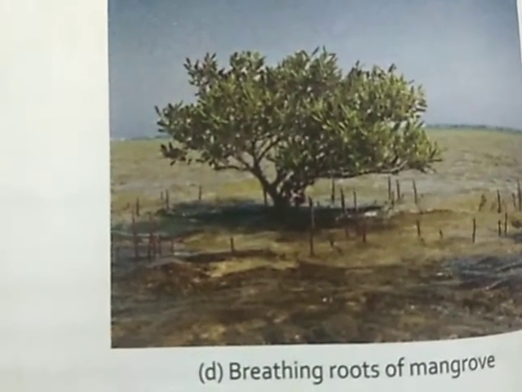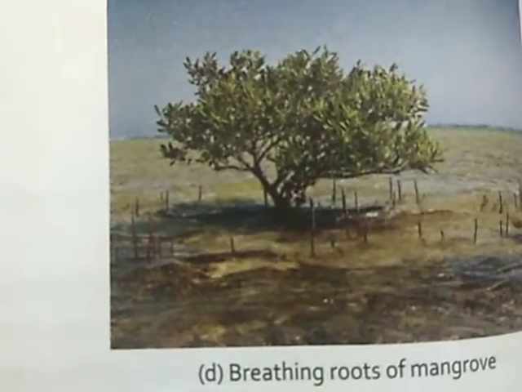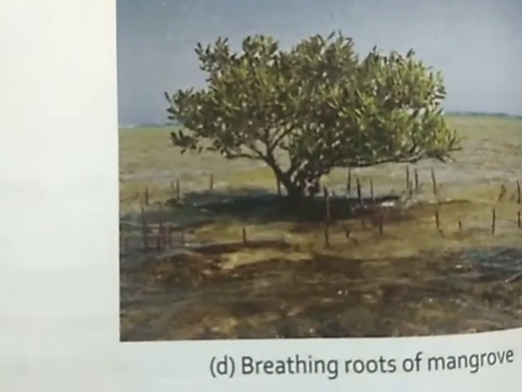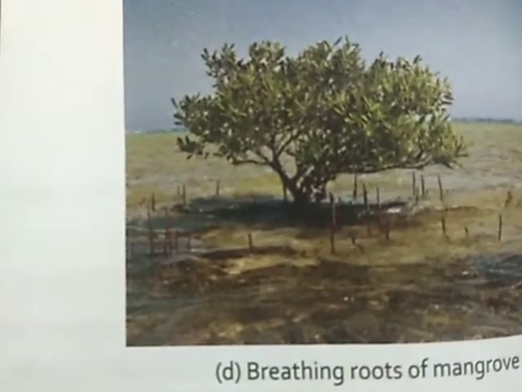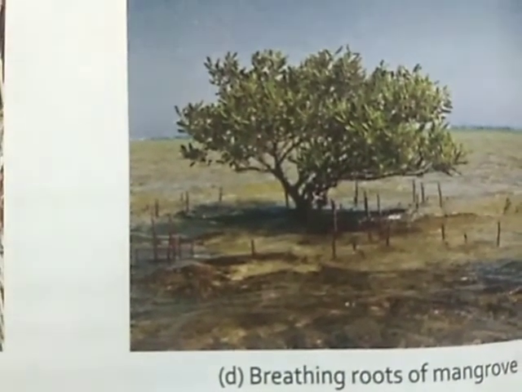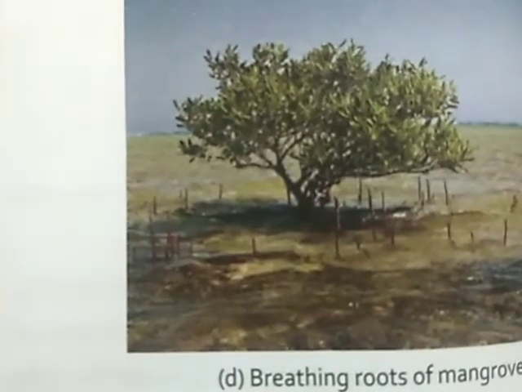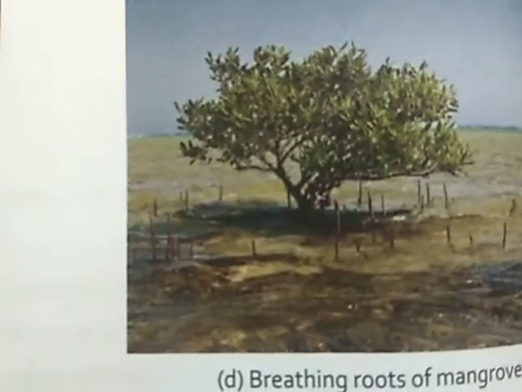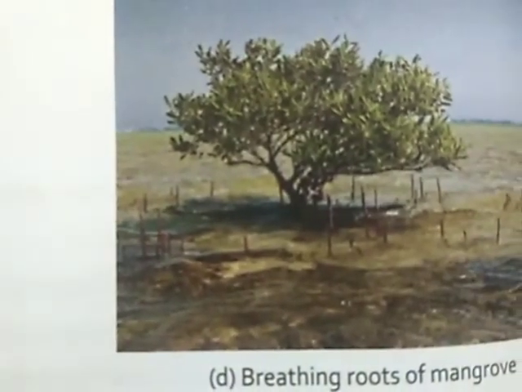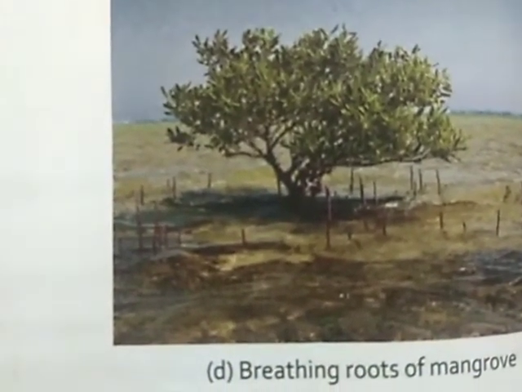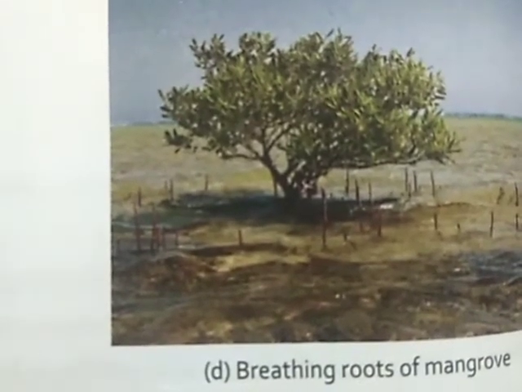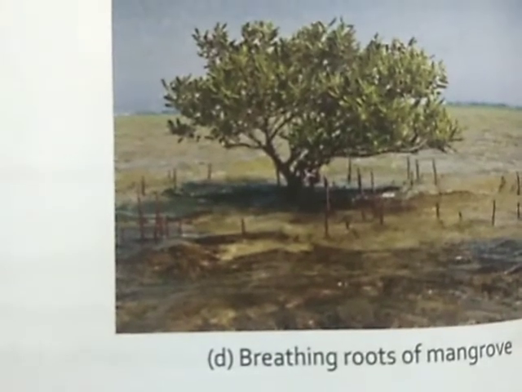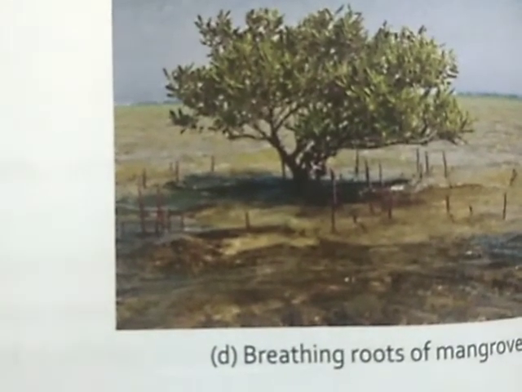Those are mangrove trees. Mangrove tree roots grow in waterlogged soil. What is the meaning of waterlogged? Waterlogged means it is so full of water that it cannot hold any more water, and the air also cannot enter. Therefore the roots will grow a little bit up to take in gas, that is, for breathing. So they grow in waterlogged soils that are poor in oxygen.